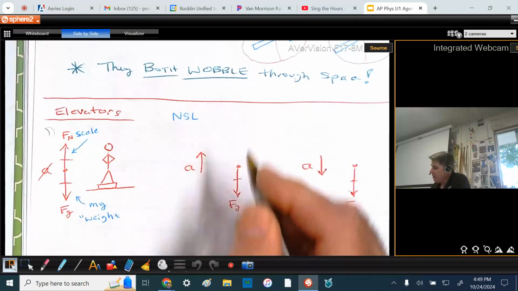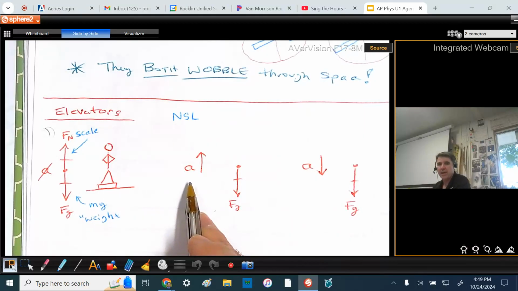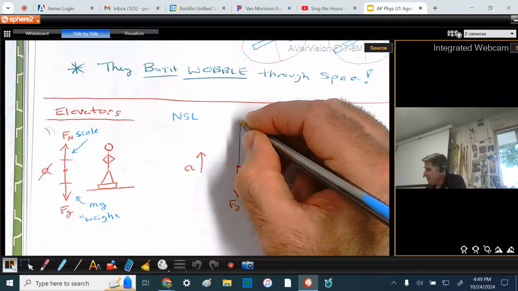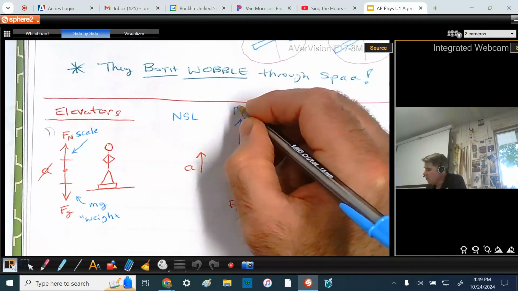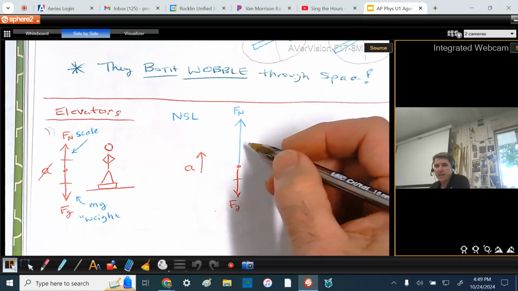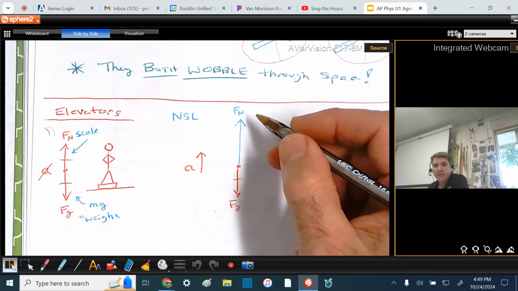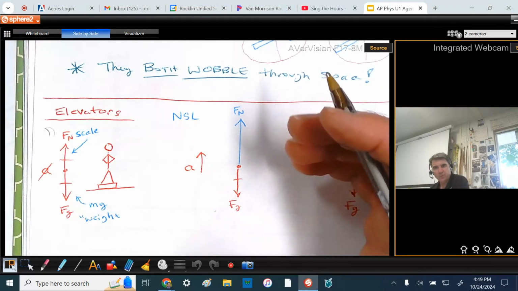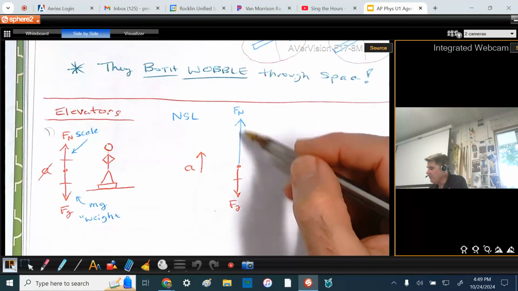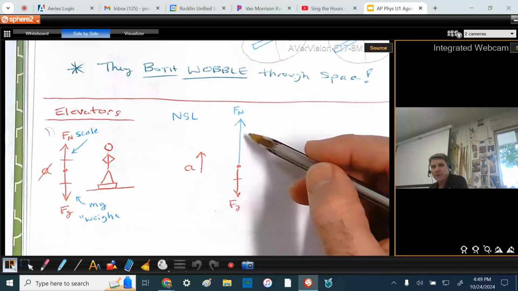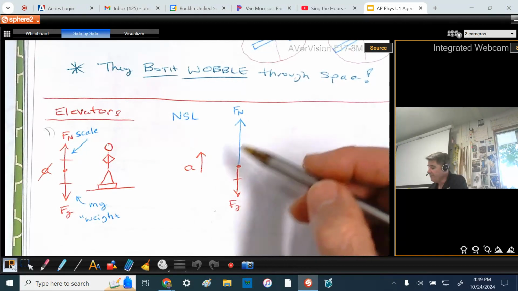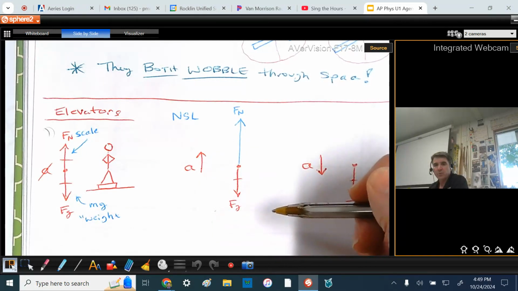With Newton's second law, if you were to accelerate up, how do you do that? Well, you actually have to push harder than gravity. If you push harder than gravity, the normal force goes up, and for a second, when you go upward in the elevator, you actually feel heavier. You'll feel like it's pushing down on me. You feel heavier because your acceleration is up. This makes sense. Your forces are unbalanced in the upward direction, and so you are accelerating upward.